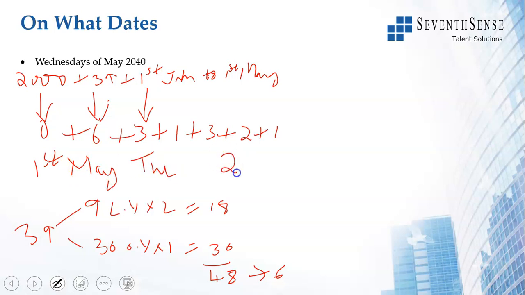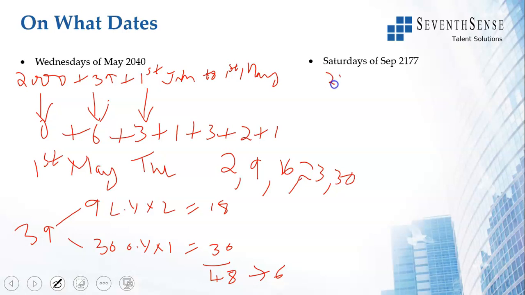Wednesdays of May are 2. Then plus 7, 9. Plus 7, 16. Plus 7, 23. And another 7, 30. So there are 5 Wednesdays in May. And I have to tick that option. Saturdays of September 2177. So